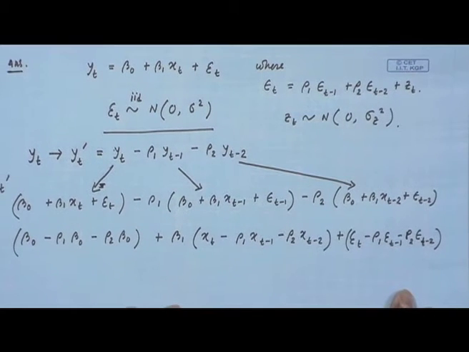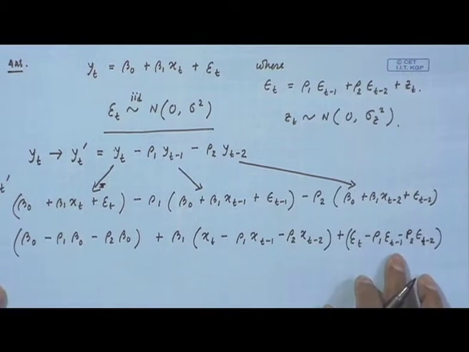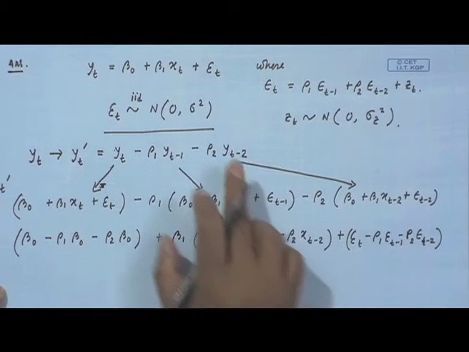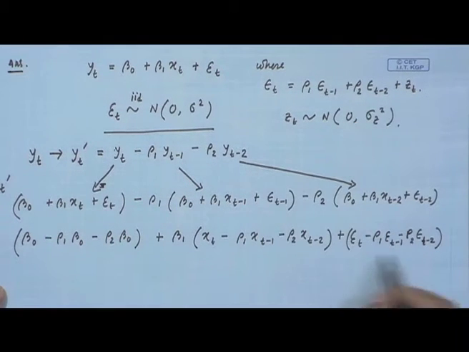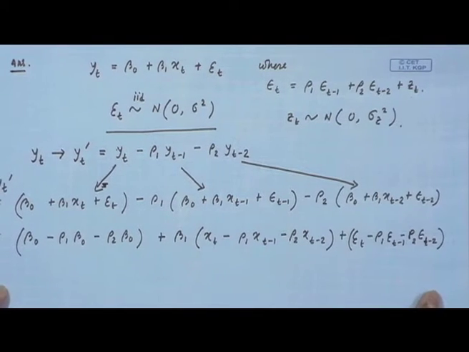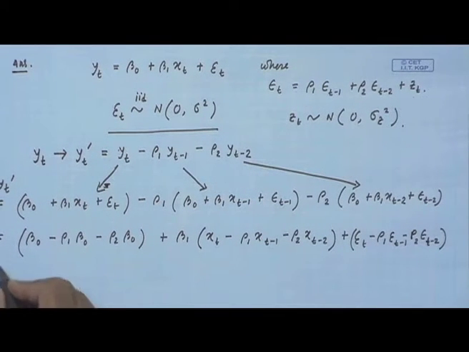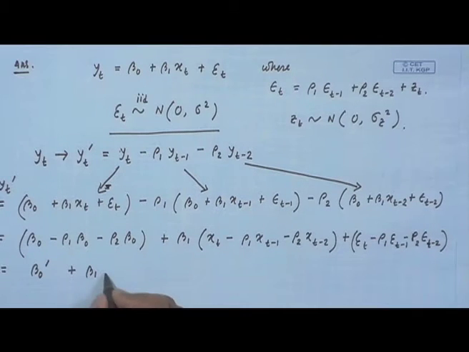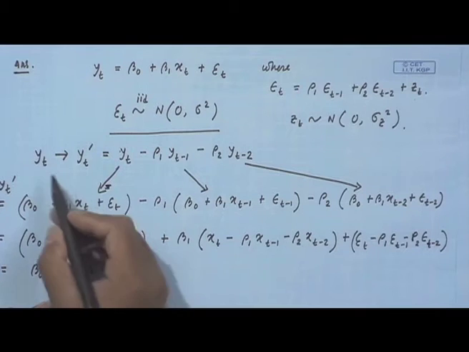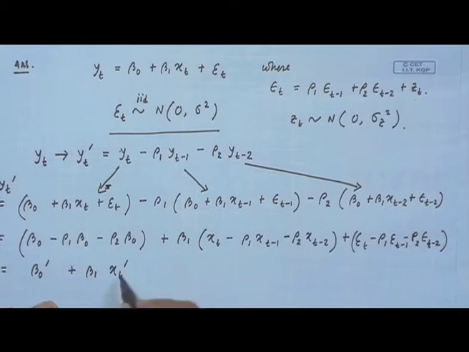And this one is equal to z t. So, I can rewrite this as beta naught prime plus beta 1, and call this x t prime. So, you transform y t to y t prime and similarly x t to x t prime. So, this is my x t prime